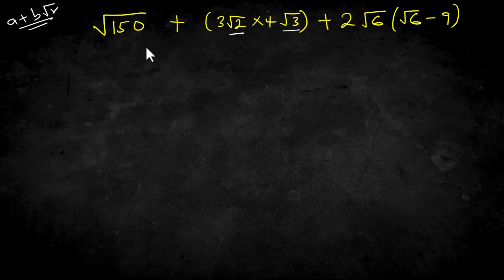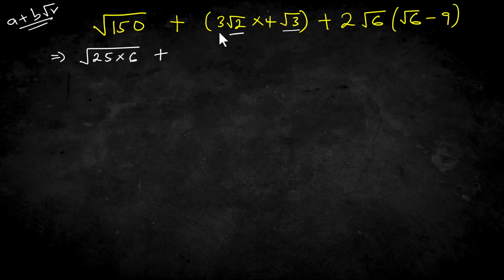So 150 divided by 6 will give us 25. So this side will be 25 times root 6